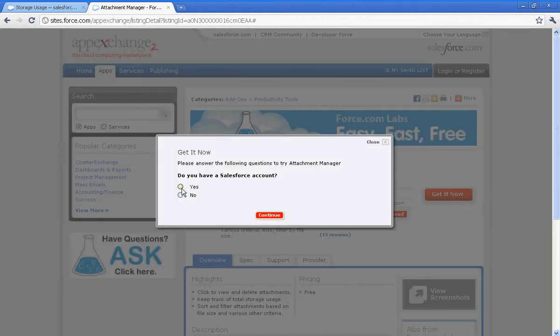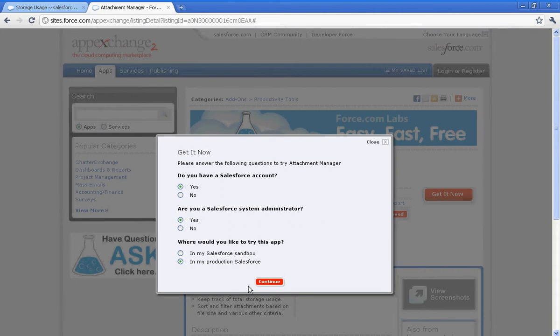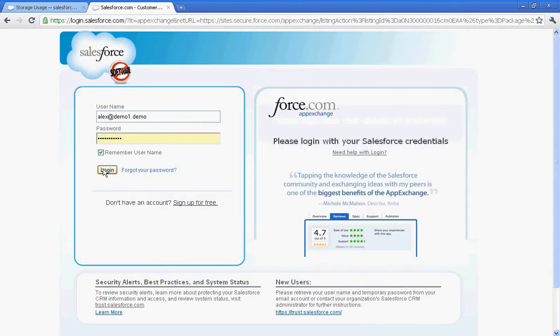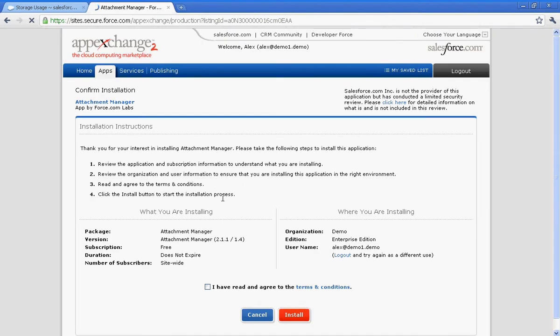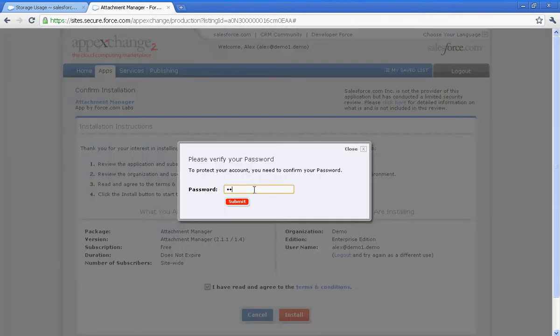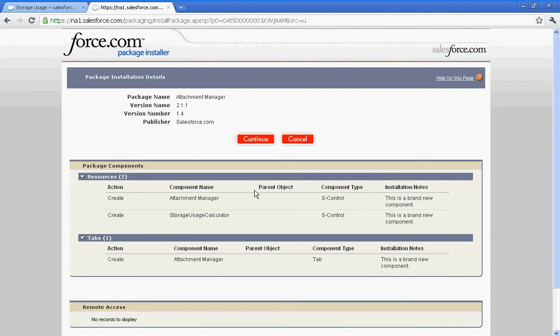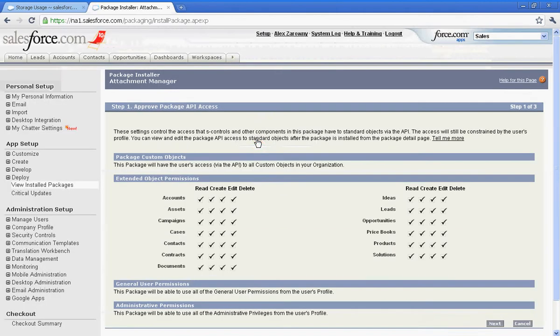Now I'm going to go ahead and install this directly into my production environment of Salesforce, simply by entering my username and password and logging into my org. Going to go through the terms and conditions and install the software into my production org. Now once Salesforce is ready to install this, it'll inform me as to which package components are being installed, and as the administrator I can review this information. Once I've reviewed this